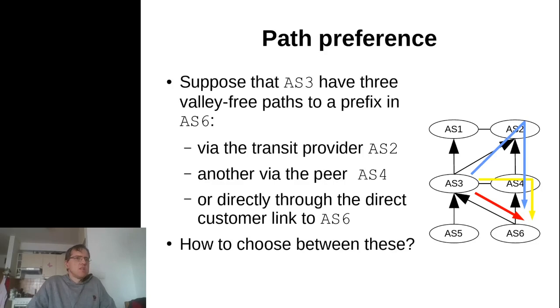So this is basically just a level 0 rule that filters all the paths, but in itself it will not give us any idea how a router will actually choose between the types of paths, or between the paths that are available to it